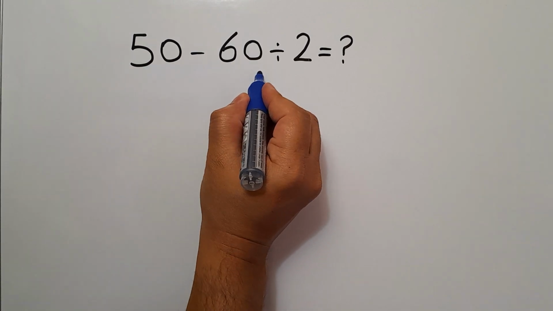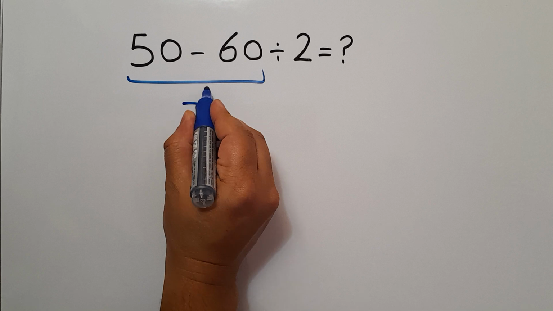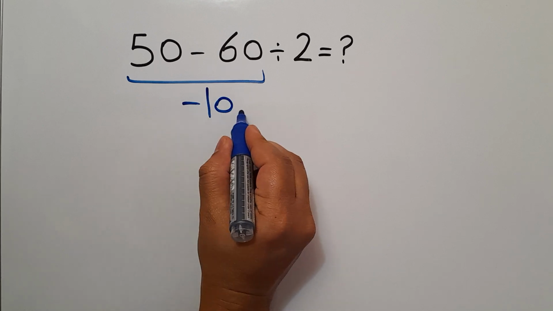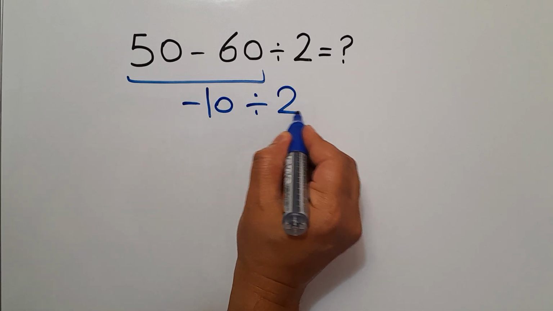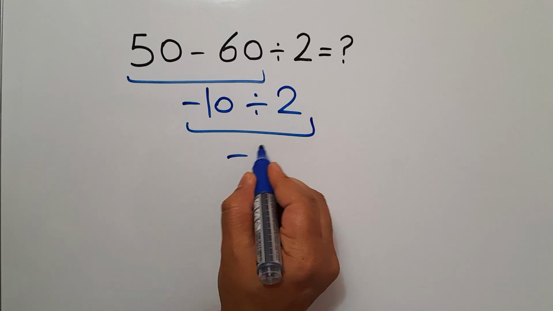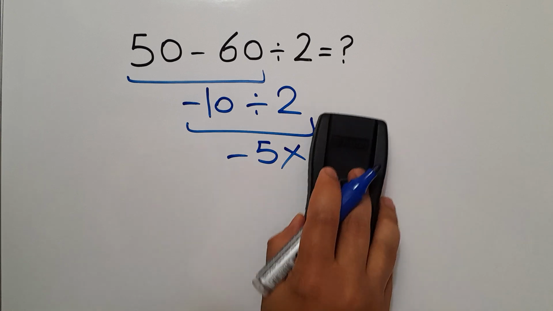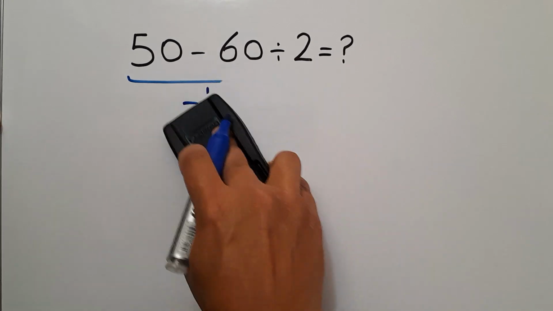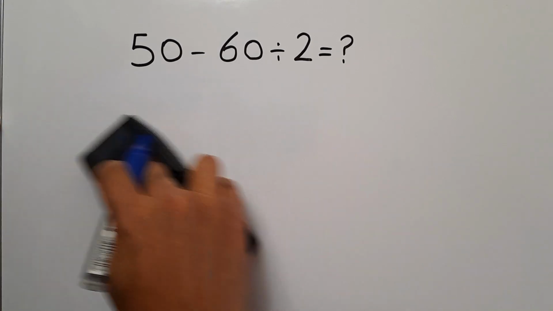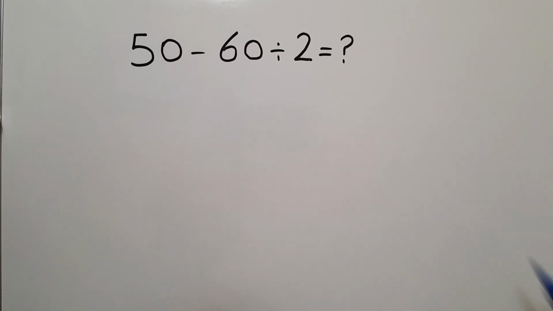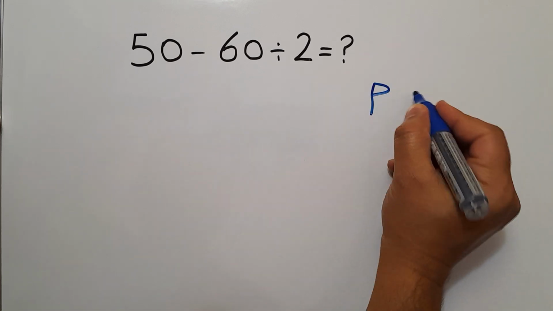50 minus 60 equals negative 10, and negative 10 divided by 2 gives us negative 5. But this answer is not correct, because according to the order of operations, which is PEMDAS,